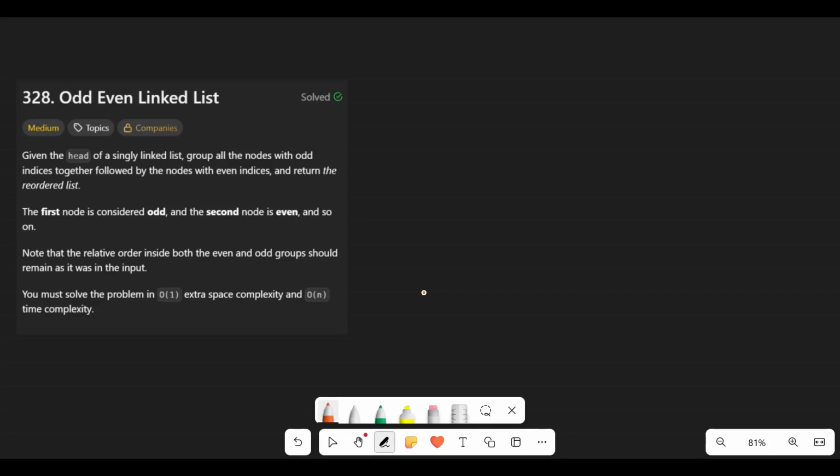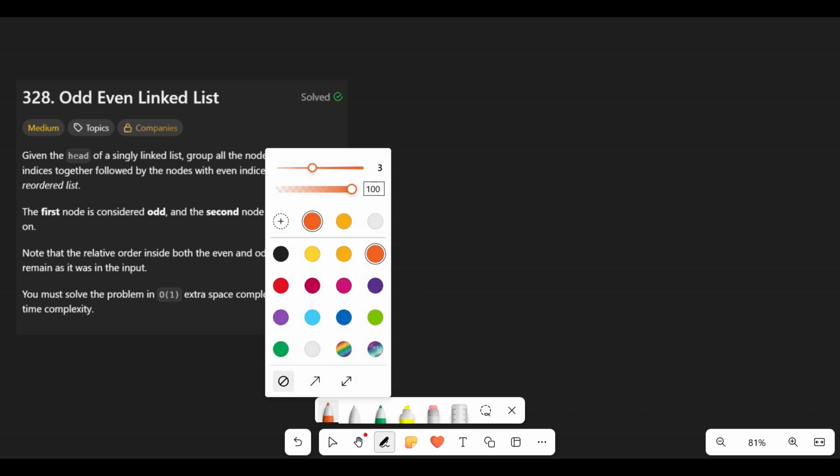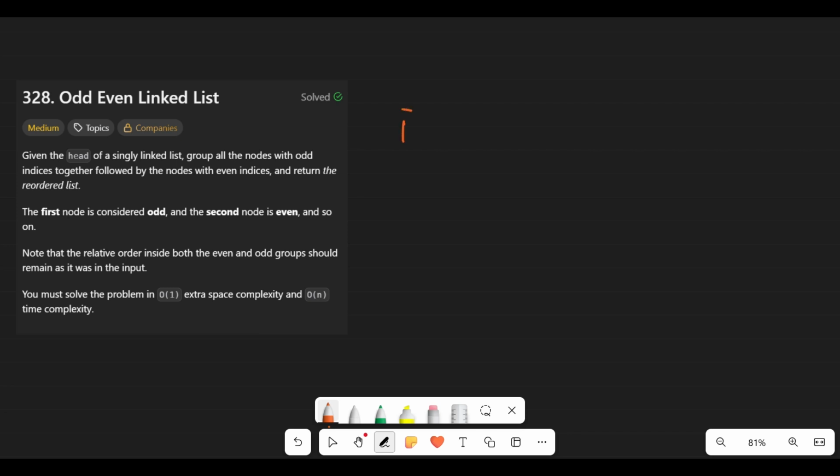Question is odd even linked list. So we are given the head of a singly linked list, and we have to group odd indices together and even indices together and return the reordered list. Suppose we have this linked list: 1 pointing to 2 pointing to 3 pointing to 4 pointing to